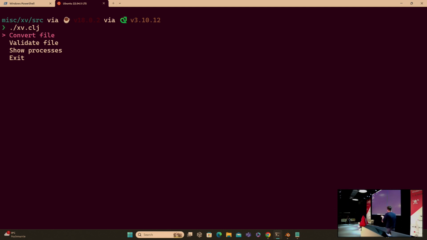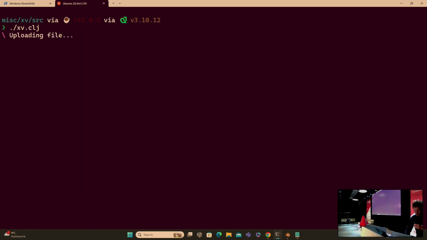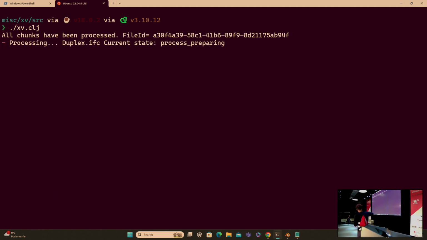Okay, so for this presentation, I built a very simple TUI application, terminal user interface, which is actually a very thin wrapper on top of the Xeo services. And this exposes different possibilities which this service provides. So let's say we want to convert a file. We choose the file. This file now will be uploaded to our storage. It's a small file, it will be just in one